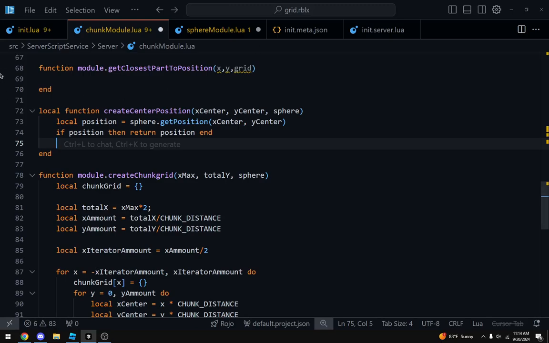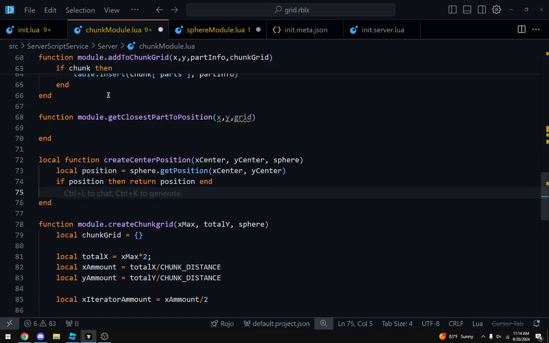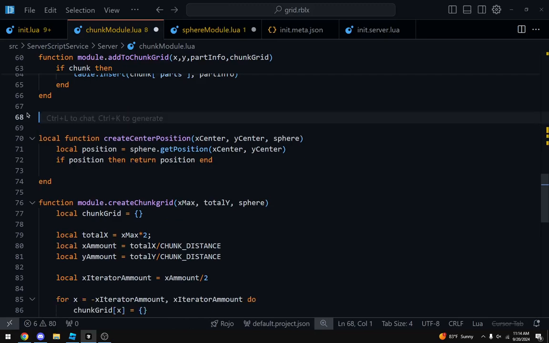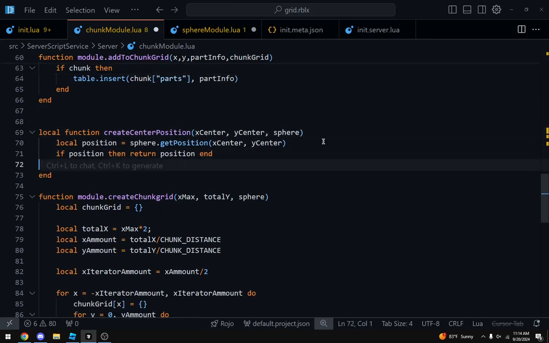If we're here, however, that means we do not have the position. So we need to find the closest part. I'm actually getting rid of this function, I think. I'm not sure exactly what it's for, but I don't think we're going to need it.